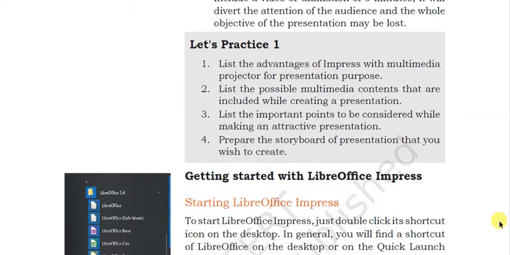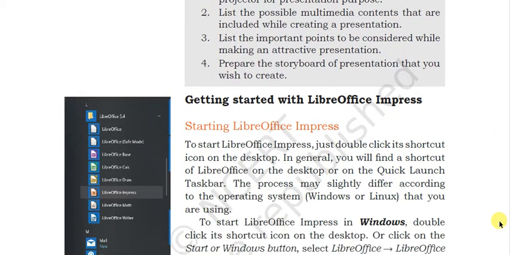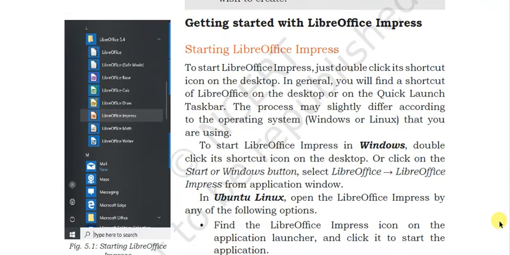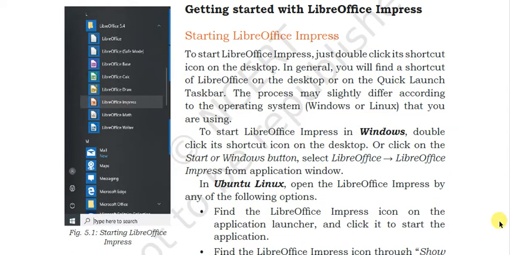Now let's get started with LibreOffice Impress. As we have seen in Writer and Calc how to start it, the same method is here also. You will search for LibreOffice Suite and inside it you will be going for LibreOffice Impress.